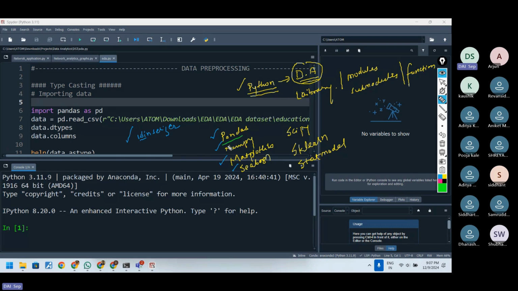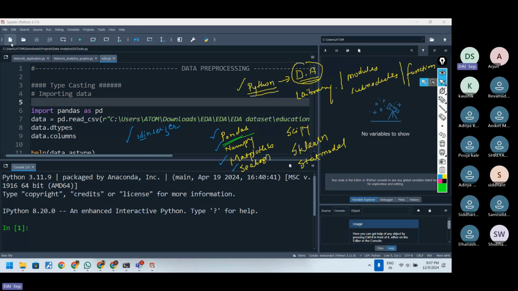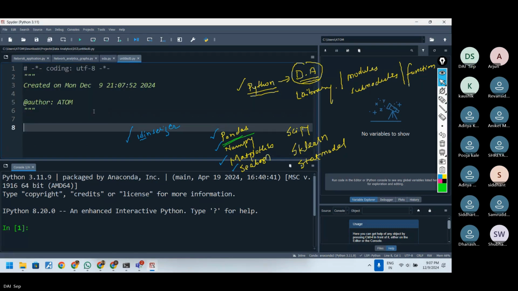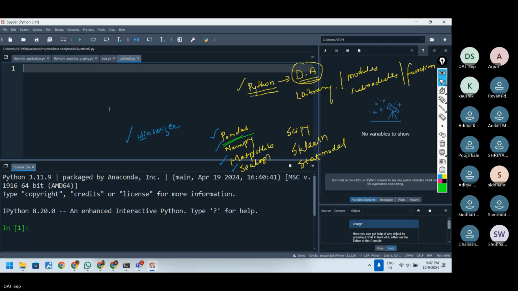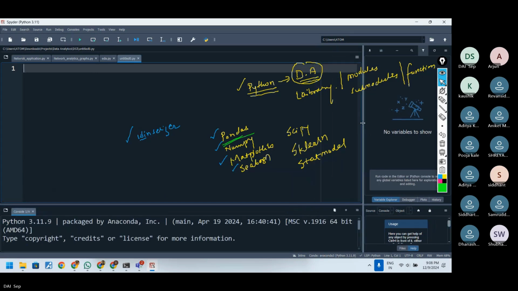If we talk about pandas, pandas is specifically responsible for data manipulation. Now, what do you mean by data manipulation? Does it mean that it will manipulate the data? Yes, obviously it manipulates. This term is regarding